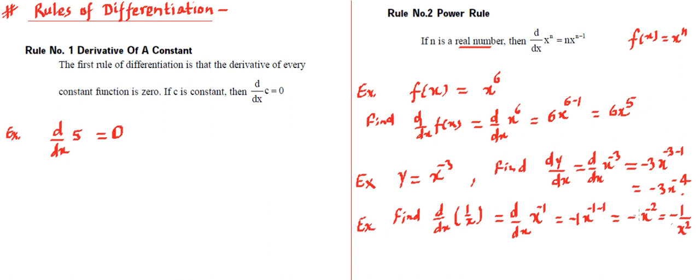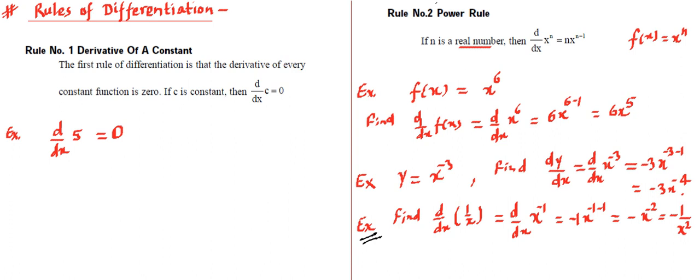So this particular example, the example that I have just finished, is quite important, and you should remember that differentiation of 1 upon x is minus 1 upon x square. It's going to come n number of times. Of course, if you do a couple of questions and practice, then you'll find that it will become very easy for you as well to find out this derivative anytime, right? So that's an important expression.